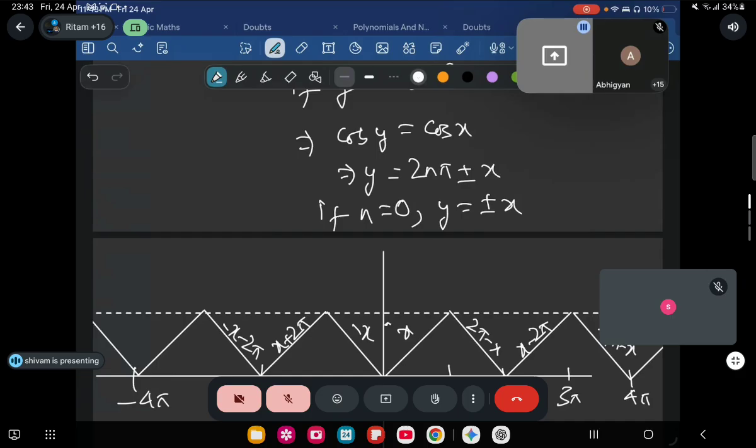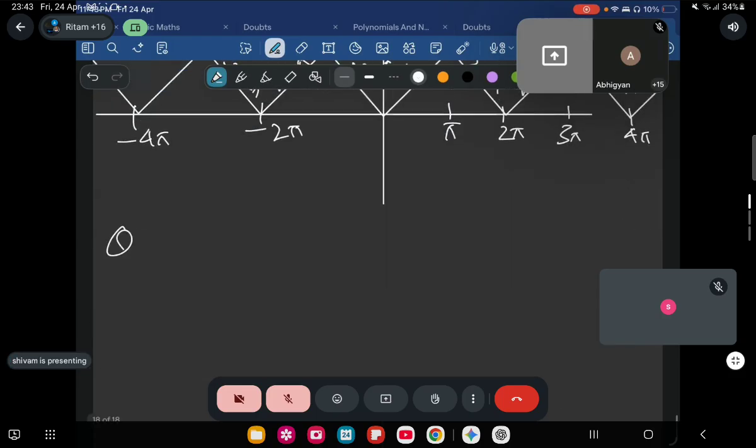Okay, let us do one or two problems. You have to raise your hand and tell me. Somebody raise your hand and tell me what is the answer. Cos inverse cos of 11 pi by 3. Next.